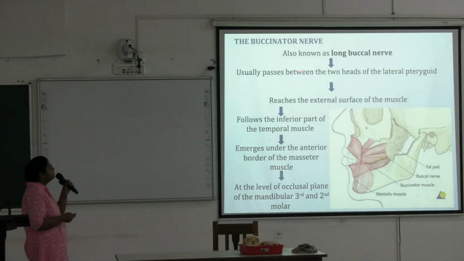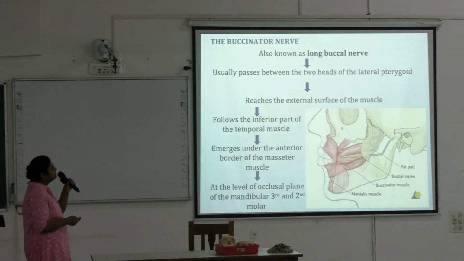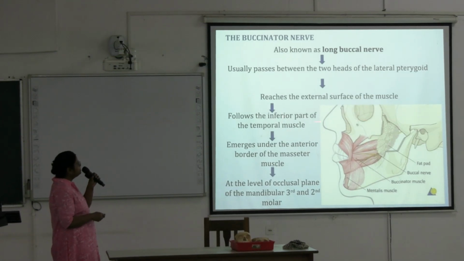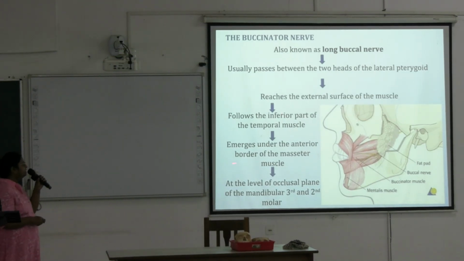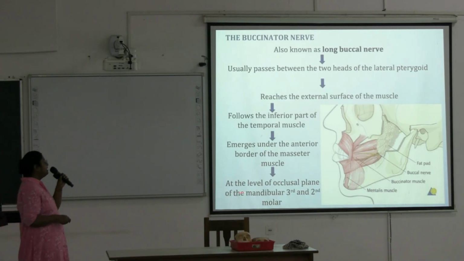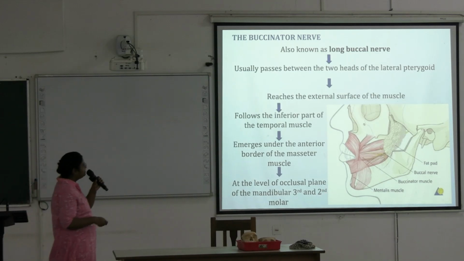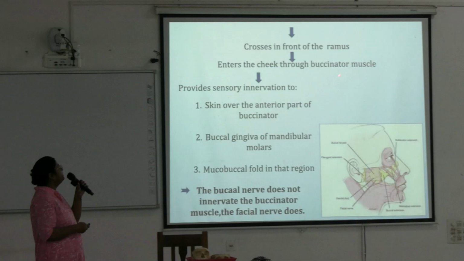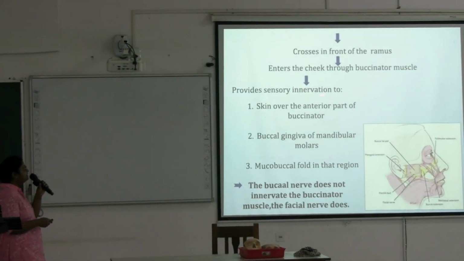Next, the buccinator nerve, also known as the long buccal nerve, usually passes beneath the two heads of the lateral pterygoid, reaches the external surface of the muscle, follows the inferior part of the temporal muscle, emerges under the anterior border of the masseter, and at the level of the occlusal plane of the mandibular third and second molar. Next, it crosses in front of the ramus, enters the cheek through the buccinator muscle, provides sensory innervation to